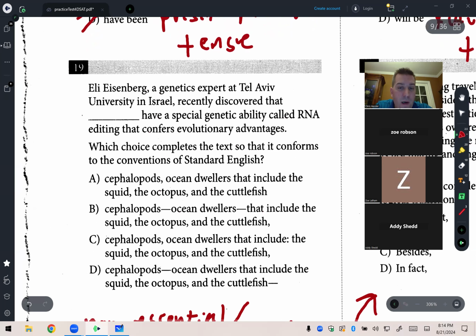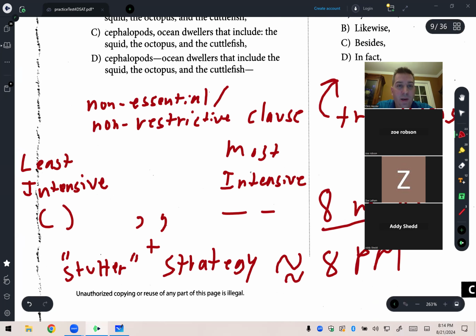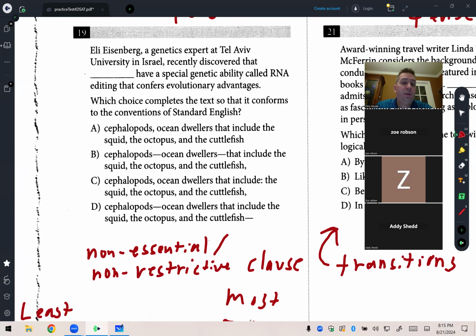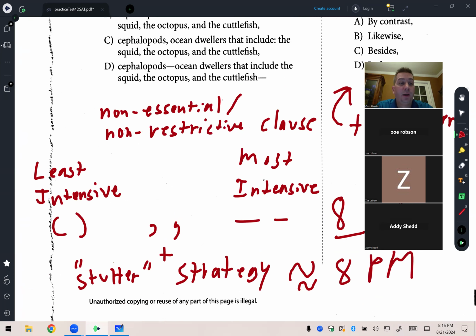So here I wrote, I just jot down little notes. I think that sometimes they're testing us on certain English concepts. Here, I think we have a non-essential clause. You may have learned this as a non-restrictive clause. It's the same exact thing. And we can offset our clause in three ways in English, and they actually vary in intensity. The least intensive way of offsetting your parenthetical information would be with parentheses. The next most intensive way would be with commas. And the strongest way to offset your parenthetical information, this really emphasizes the material within the em dashes, would be